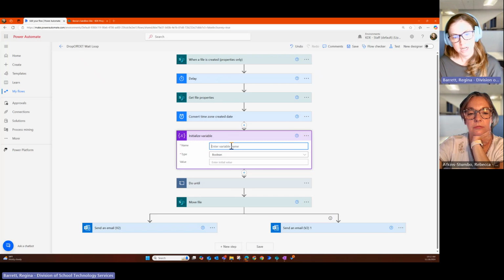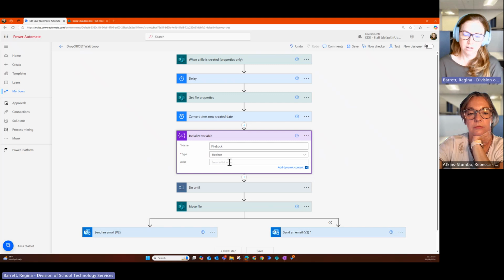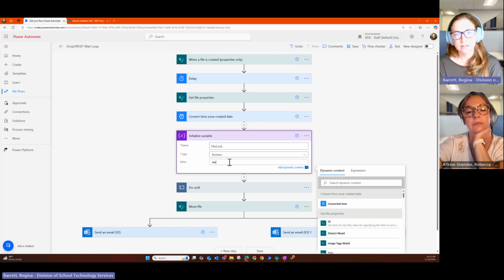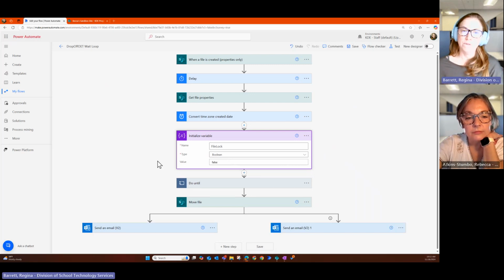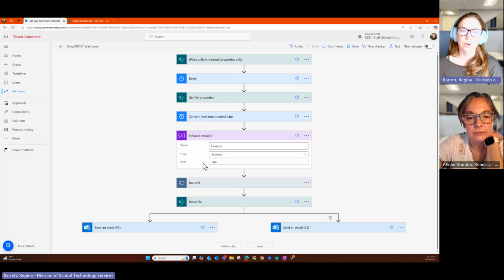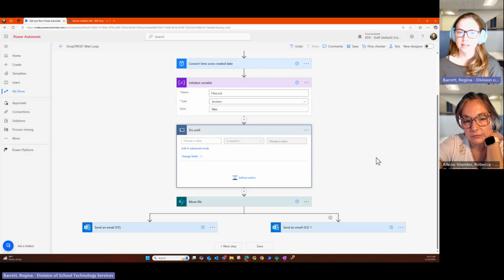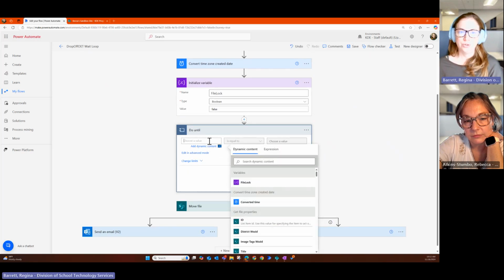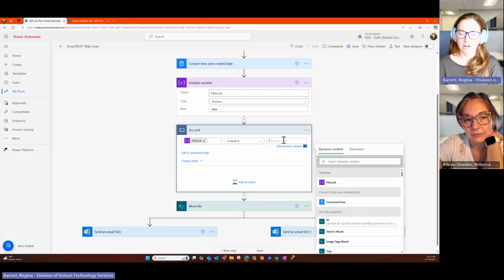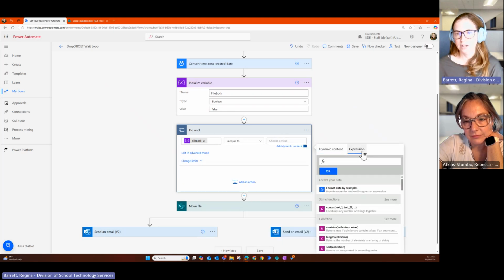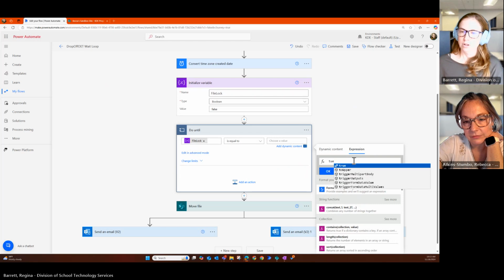And we'll give it a name. So I typically just name it file lock. And we're going to start it out at false. So file lock is set to false. So now inside of the do until step, we're going to say, do this until file lock is equal to, actually, we're going to do this using expressions,